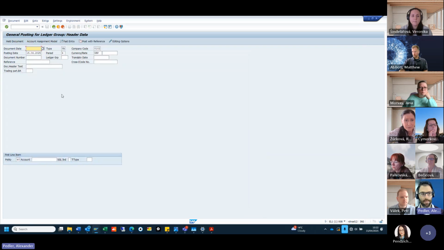Okay, so now we go into transaction FB01L. This is what we use to post on journals. So it'd be the same thing. So 14th of the 4th, 2025, because that's the date of our bank rec. We have different posting keys. I don't know if it's the same for everyone, but these differentiate between debits and credits, and then we have ones that are debits and credits for customers and ones that are debits and credits for vendors as well. But for normal GL line items, it'd be 50, which is credit because we're crediting the bank. So we put the bank code in,